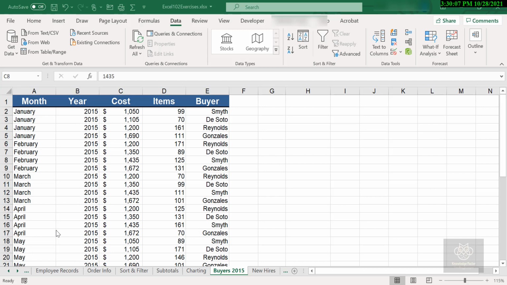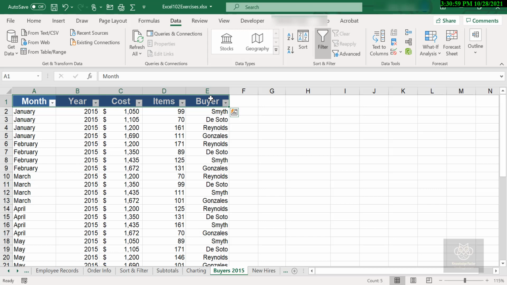Microsoft gave us a tool called an auto filter that really does all the work for us. All we need to do is identify to Excel what we are looking for. Watch this. I'm going to click into my list, it doesn't matter where. I'm going to go back to my data tab, back to sort and filter, and go to the big filter button. I'll give that a click. It doesn't open up an additional window like the sort button did, but this changes a property of my list. You can see up in my column header, A1 to E1, month, year, cost, items and buyer, I have now got these little drop down arrows that show up next to each column header.